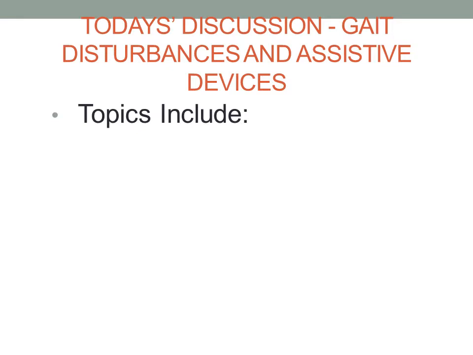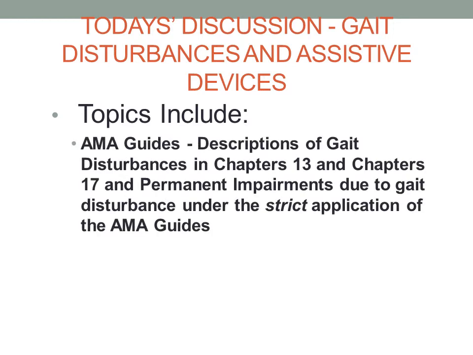We're talking now about gait disturbance and assistive devices, which is an important consideration and becoming increasingly important now in the era of Alvarez-Guzman II. We go into the strict descriptions of gait disturbances and gait disorders as those are described in the AMA guides. Descriptions of gait disturbances are found in chapters 13 and chapter 17 of the AMA guides, and we go over the permanent impairments